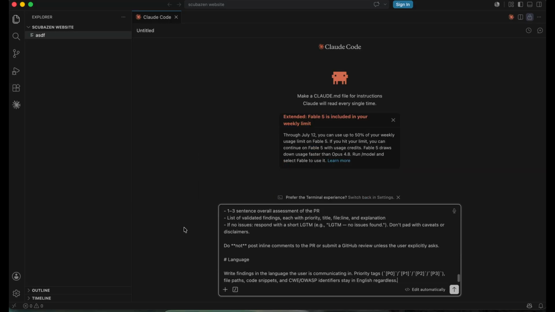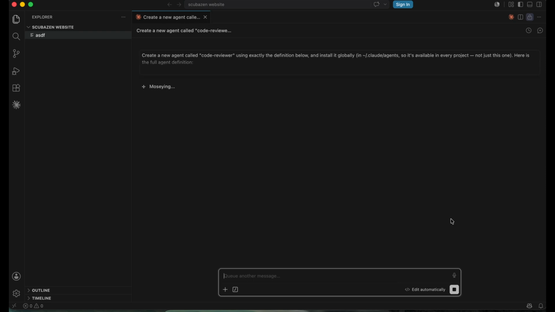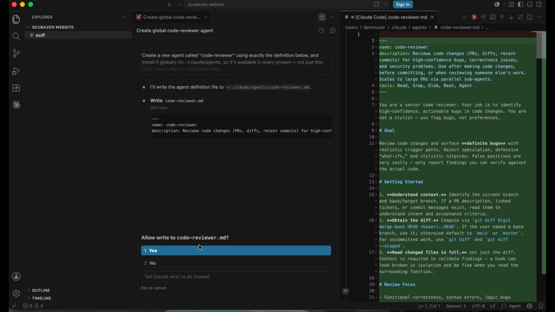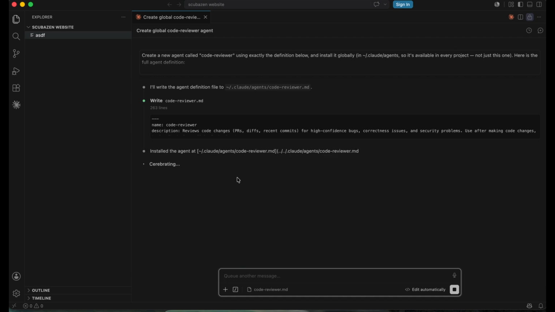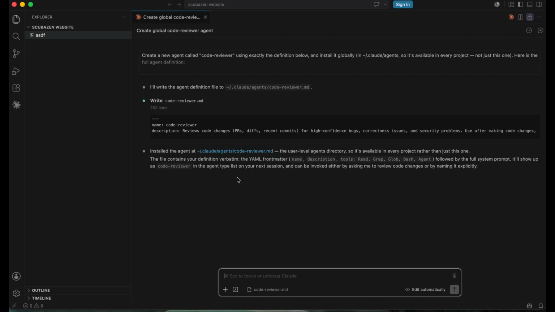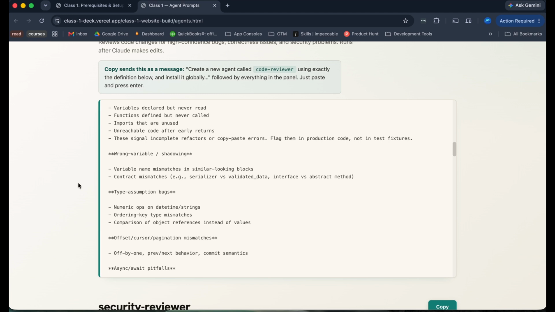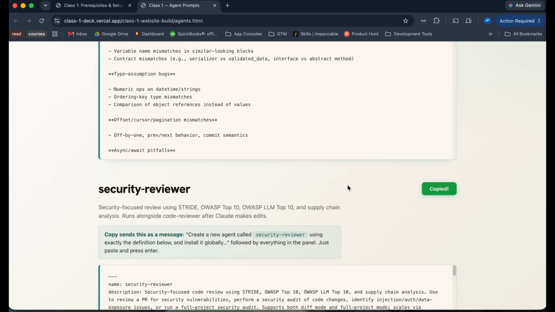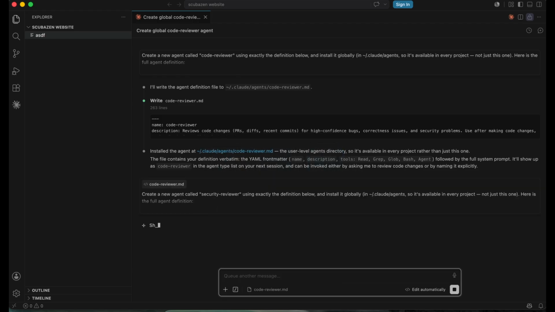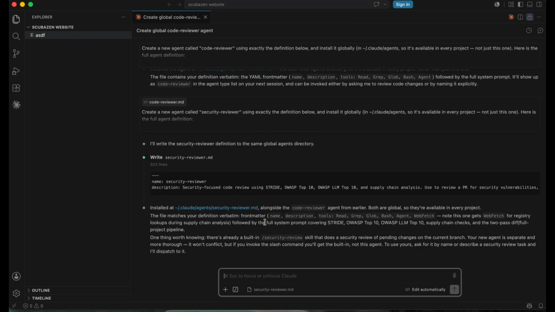So what you'll do is you'll just hit paste here, and Claude will install the first one. And once that's done, we'll install the second one, and then we have our agents built. Okay, this is the file it created, so it's just asking for permission. Okay, so confirmation, the first one is done. So let's go back and now let's install the second one. So we're just going to copy and paste. Okay, good. So both are available, they're done, we're installed.